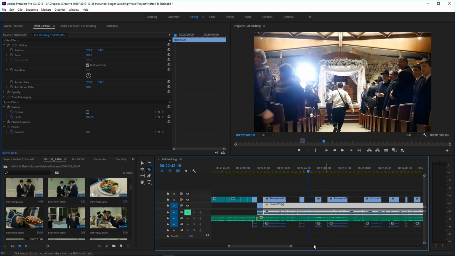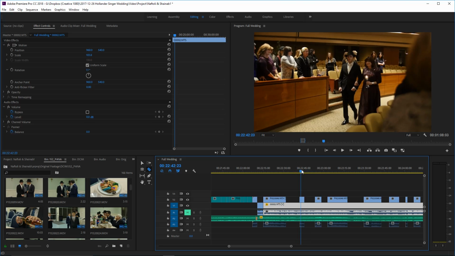So what we want to try to do here is we need to use the song that he actually walked down to. Very often the groom himself will choose this song, and respectively the bride will choose the song she walks down to. So it's something that's important to them, and we want to make sure to always use at least one high and one low of that song. It's a song they like, we want to feature it. Obviously the available footage is going to be less than the time it actually took for them to walk down, so we're going to shorten it. But we want to make sure to pick a segment of the song that contains a low and a high.